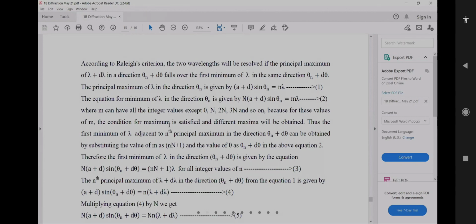Okay, according to Rayleigh's criterion, the two wavelengths will be resolved, what is Rayleigh's criterion? If the two wavelengths are well resolved, if the principal maximum of lambda plus d lambda in a direction theta n plus d theta falls over the first minimum of lambda in the same direction, theta n plus d theta. Okay, this is the Rayleigh's criterion for resolving power. So the principal maximum of lambda in the direction theta n is given by the principal maximum equation, that is